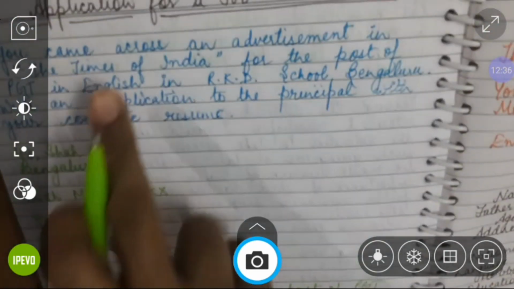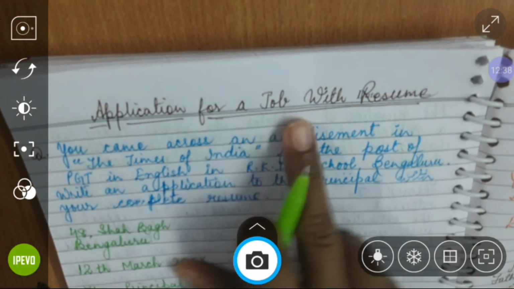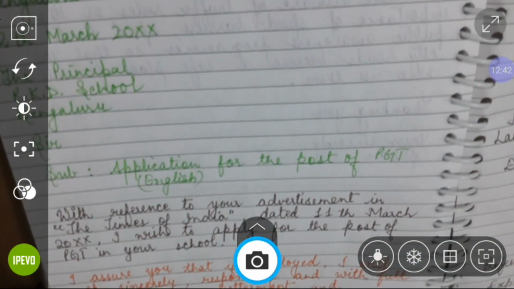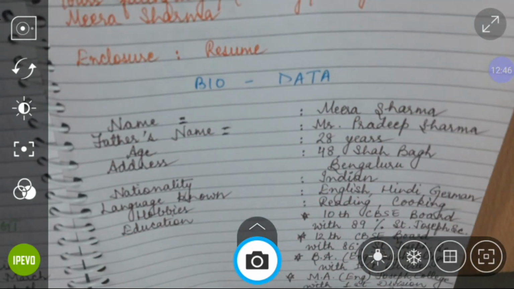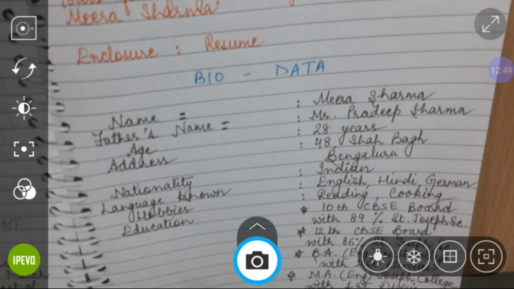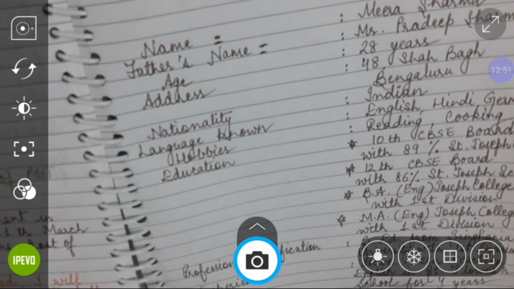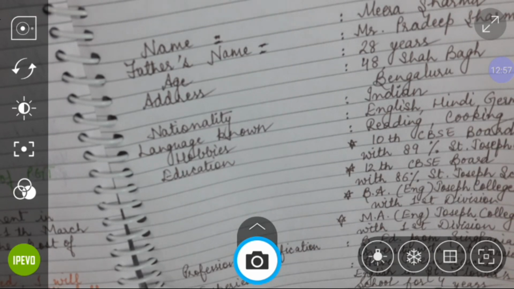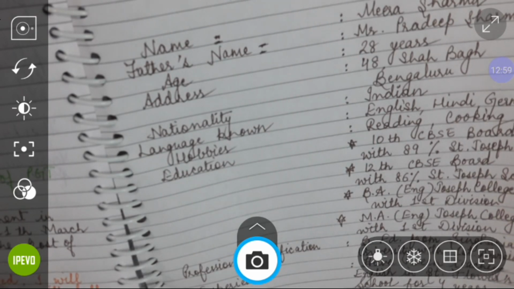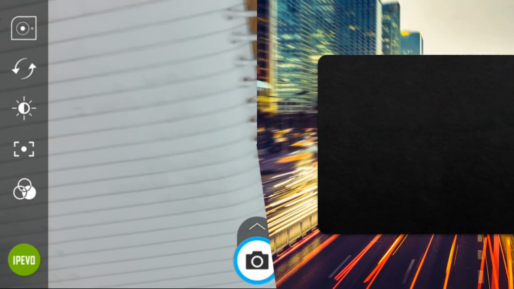So in this application for a job with resume, we have to write an application. Then after this, a complete biodata giving all the information related to your personality, related to your qualification, and related to everything that is needed for this post. Fine. So this is